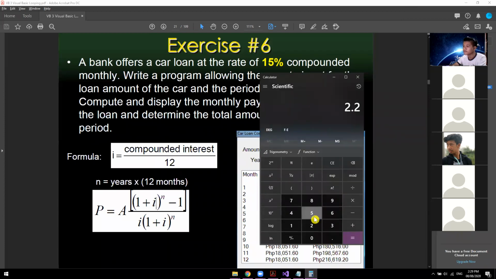Okay, so 2.25 raised to... square root naman yun. Ano ba yung raise natin? Ayaw ng calculator na yan. So, gagamit na tayo ng scientific calculator. Okay, so kung may mga scientific calculator kayo dyan, gamitin nyo na rin. So, 2.25